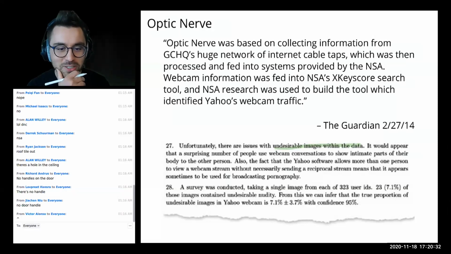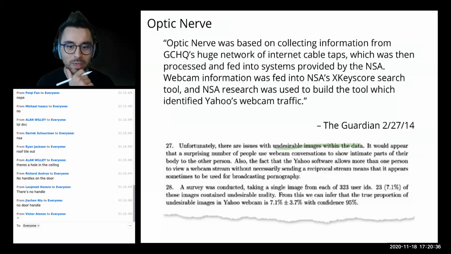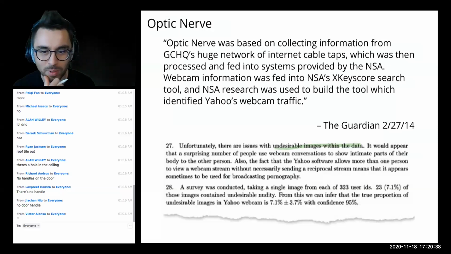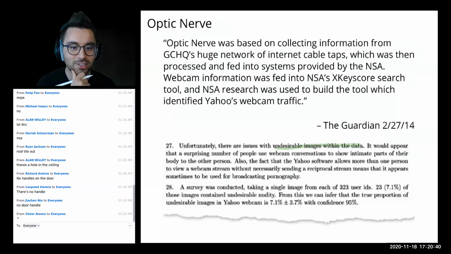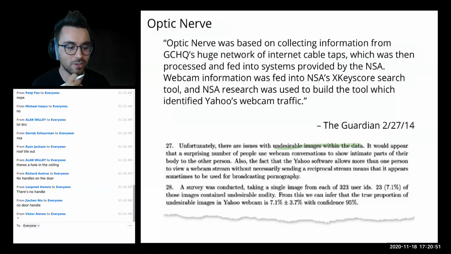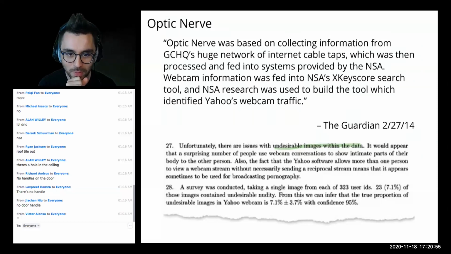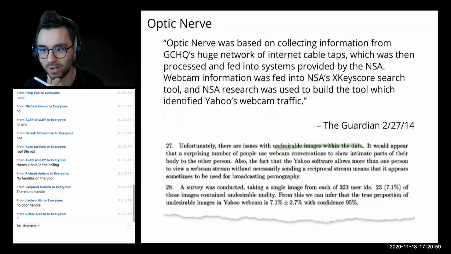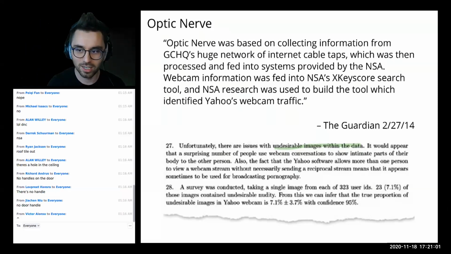It turns out the reason is that a surprising number of people use webcam conversations to show intimate parts of their body to other people. This is a pretty big fraction of what they were looking at, right? 7% of the images contained undesirable nudity. That's a lot of traffic if you're looking at this data as an agent.